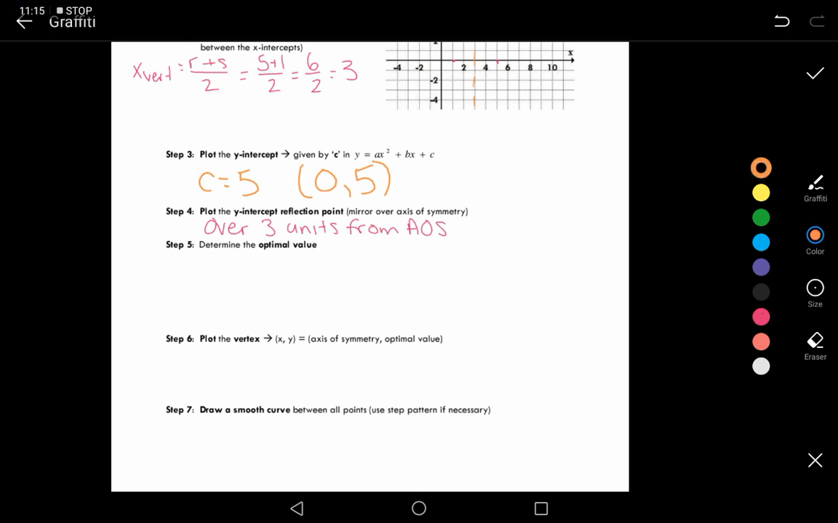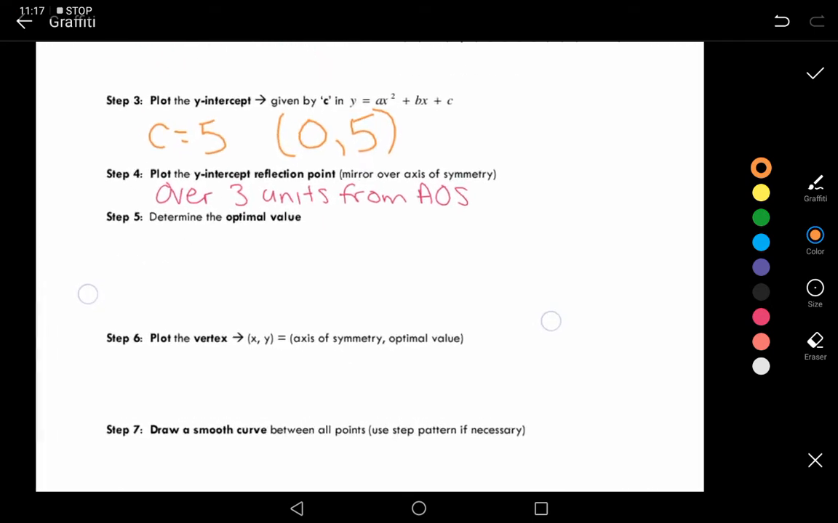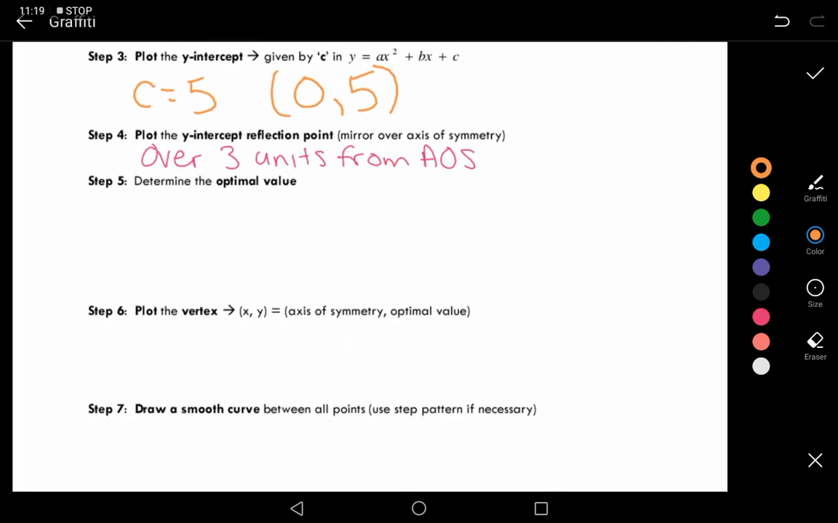Okay, like I said on the last page, to determine that value, we need to plug in the axis of symmetry and solve for y. So the first thing I'm going to do is just write out my equation. So y equals x squared minus 6x plus 5. Okay, now we are going to sub in